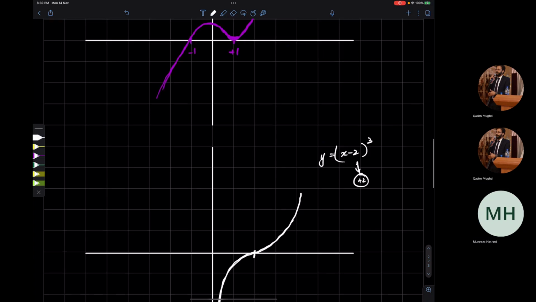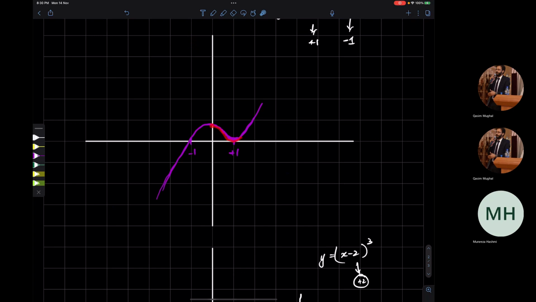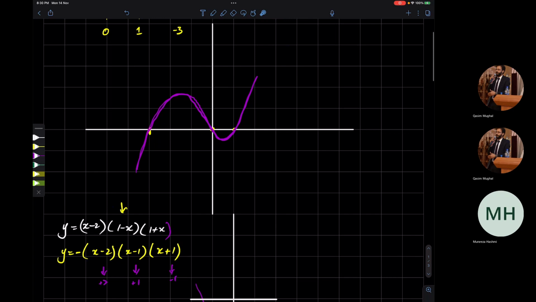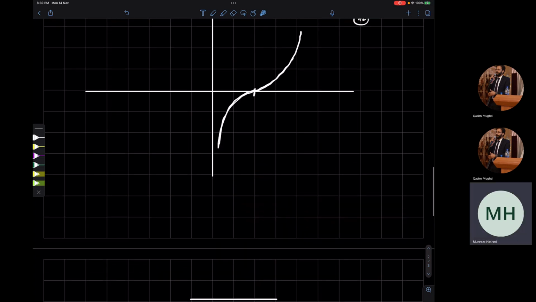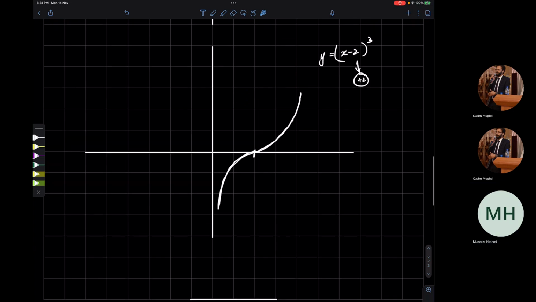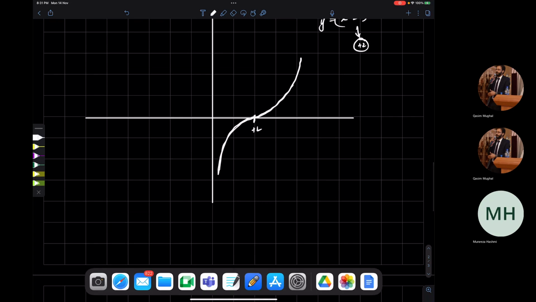It is not going to have turning points the way we are having up here. Here we have two turning points. All the examples we've done up to now have a turning point, but this is not going to have a turning point. It is only going to have a point of inflection where momentarily the gradient gets to 0 and then it starts rising again. Okay? Yes, sir. All right. So you can even check all of these